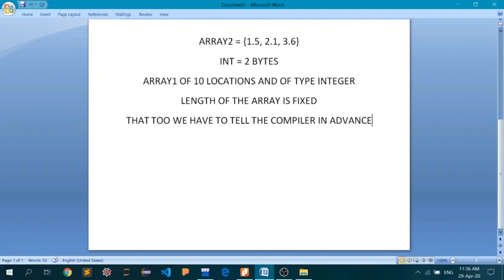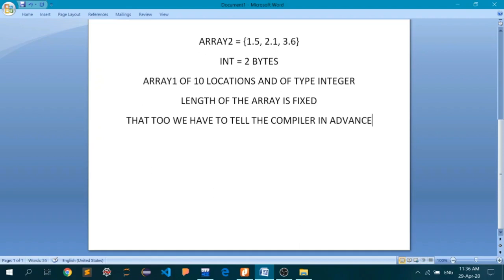So there cannot be a case where in the middle of the process you find out that you need more locations in your array to store the data, or you have more data points than you already had at the beginning of the process. In the middle of the process there is no way to increase your array size. Once it has been hard coded to your system, it has been hard coded. That is the main disadvantage.